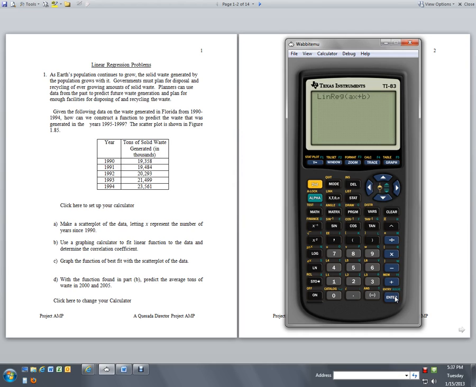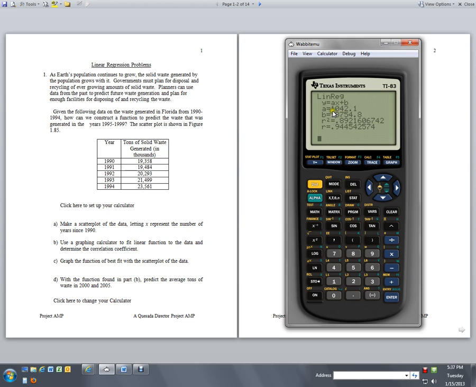Now I'm going to show you a neat little trick here so that my equation not only is calculated, but it enters it for graphing at the same time. To do that, I'm going to push this VARS button, which stands for variables, and the type of variable I want to make is a y variable. It's going to be a function, number 1, and I want to store it as y1. So now when I hit enter,